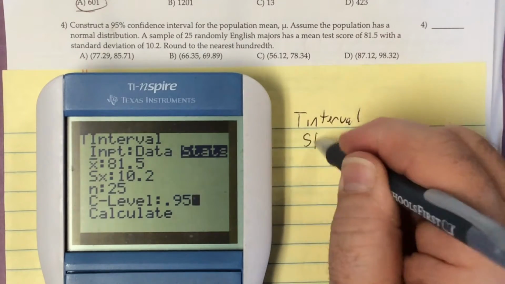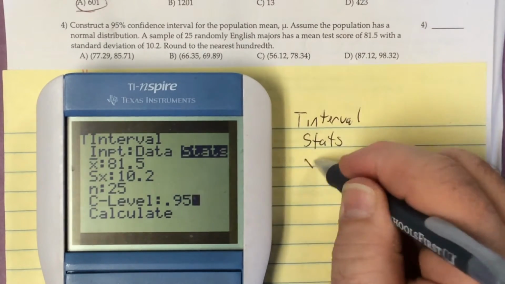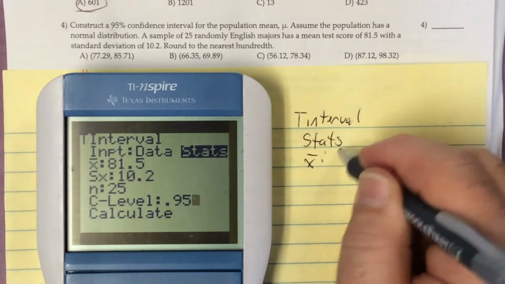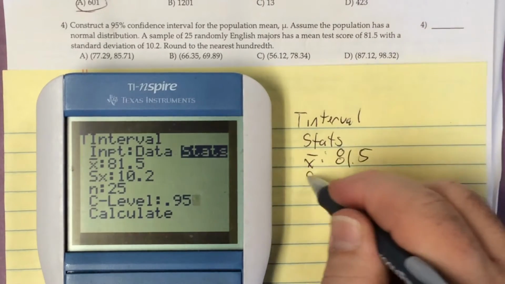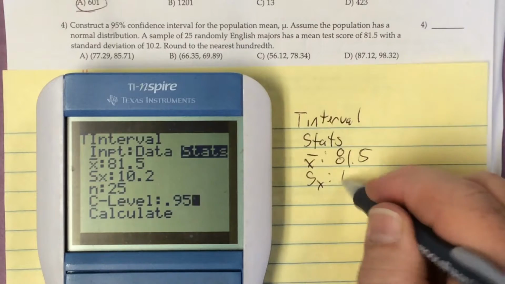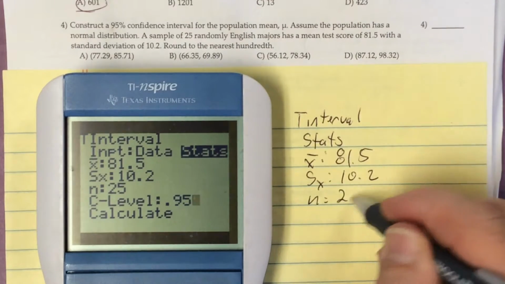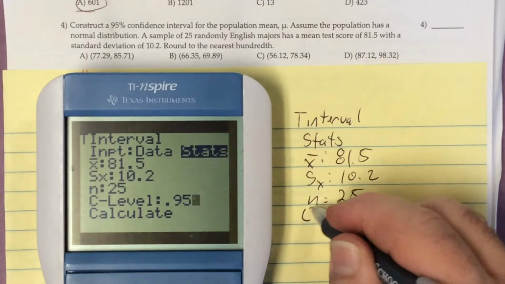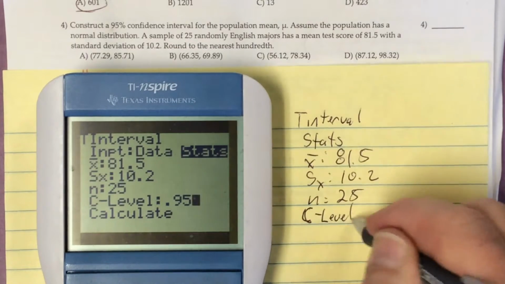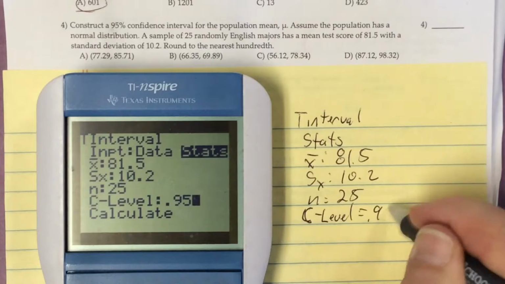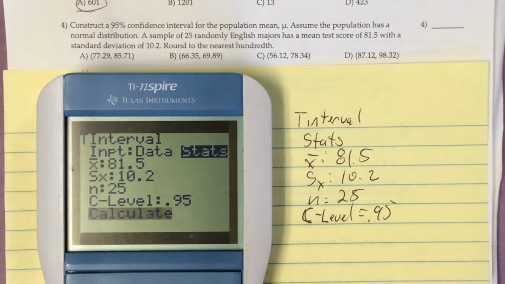Okay, stats is the input. X bar is equal to 81.5. Sample standard deviation is equal to 10.2. N is equal to 25. And then the confidence level is equal to 0.95. And when we go to calculate that,